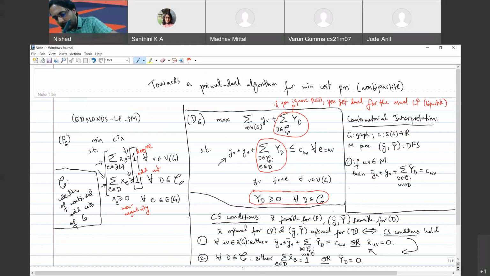And now let's look at the second one. So let's suppose that this right hand side does not hold. So let's say a certain dual variable, a capital Y dual variable, is greater than 0, because remember these are non-negative variables, the capital Y's. So if it is not 0, then it is greater than 0. And in that case, we need that the left hand side holds. And what does the left hand side tell us? So let me write down first. If the dual variable is strictly greater than 0,